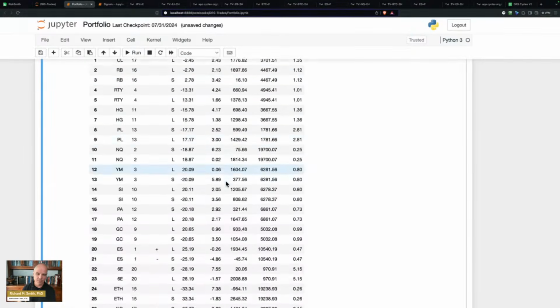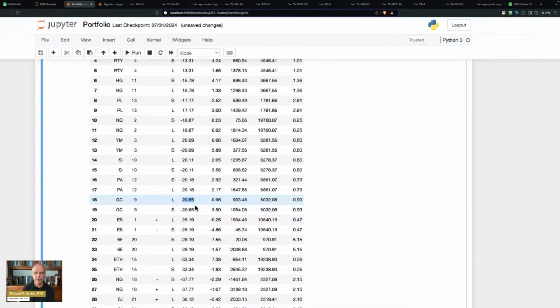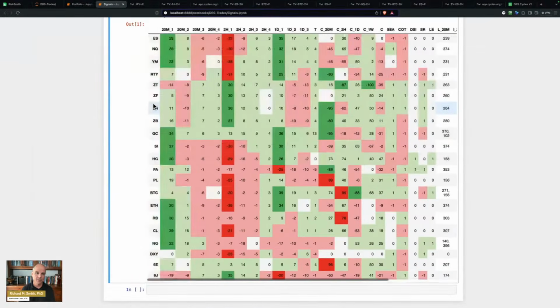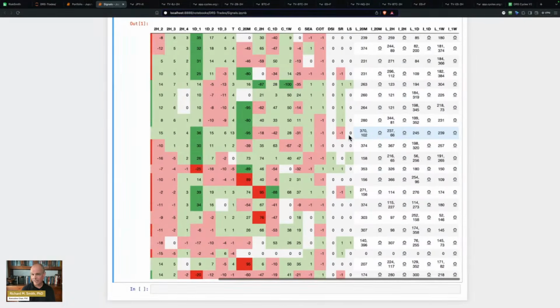Gold, if we wanted to add it to this portfolio, it's relatively correlated, not that correlated. 21% is pretty good. Going short gold would give us a little better diversification, right? I actually think short gold is interesting right now. If I go back and look at my table, everything's green in gold right now. The trends are all green. That's pretty amazing. The 20-minute cycle is bottoming, but we do have some bearishness on the 2 hour and the daily cycles. So let's take a look.